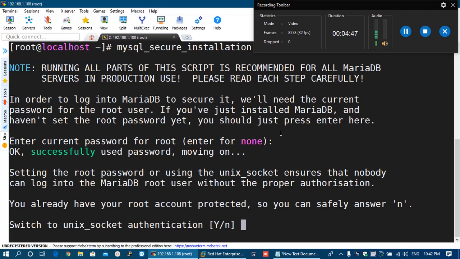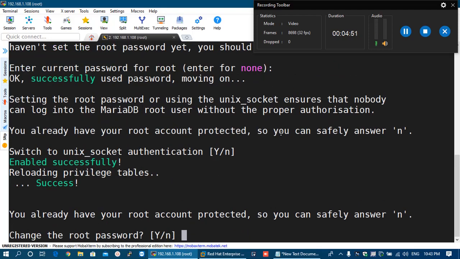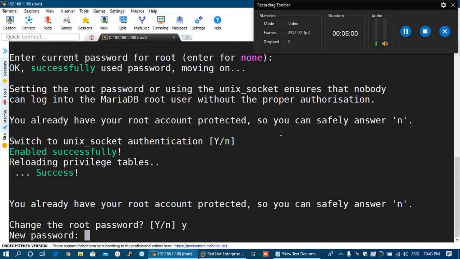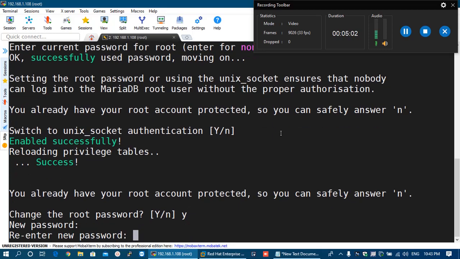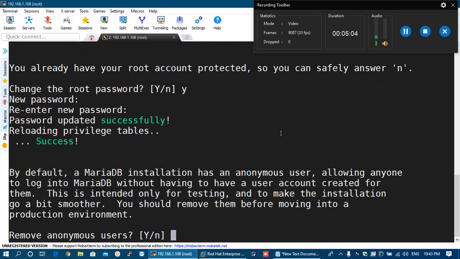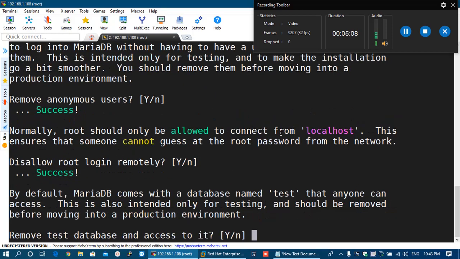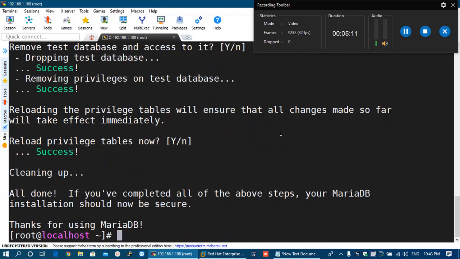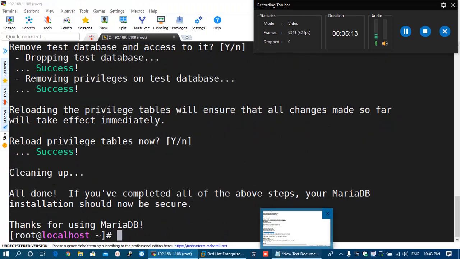Then it is asking about Unix socket authentication. We can press enter here. Then it is asking to change the root password. If you want to do that, you can do it right now. You have to provide the new password. So we have successfully set the root password. You can just press enter and press enter. So we have set up the MariaDB.